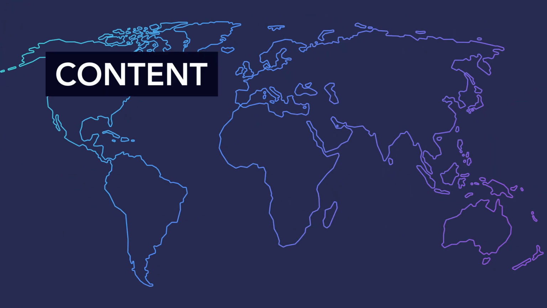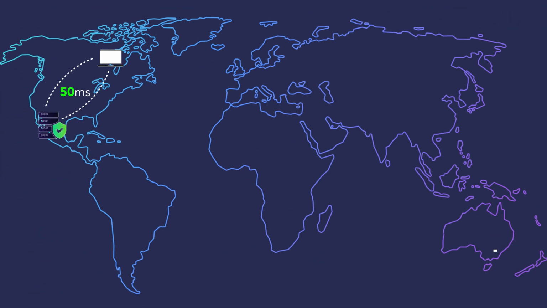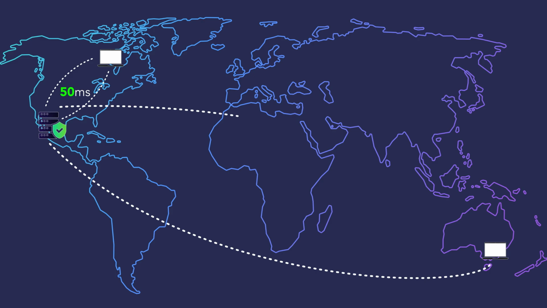Let me show you how CDN works. CDN stands for Content Delivery Network. A CDN will make your website faster. How does it work? When I have a website and the server of that website is in Arizona, United States, and a visitor from Arizona goes to my website, then the response time is really fast. Why? Because someone from Arizona is visiting my website that is located in Arizona. But if a visitor from Australia enters my website, the response time can be quite a bit slower because a longer distance has to be taken in order to get the information from my server and bring it back to the visitor in Australia.